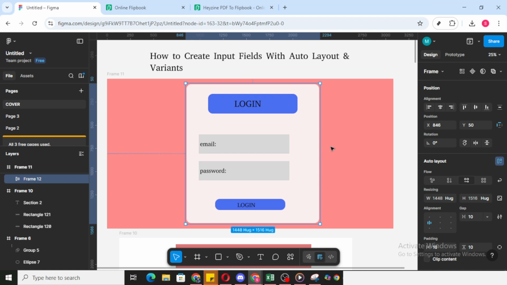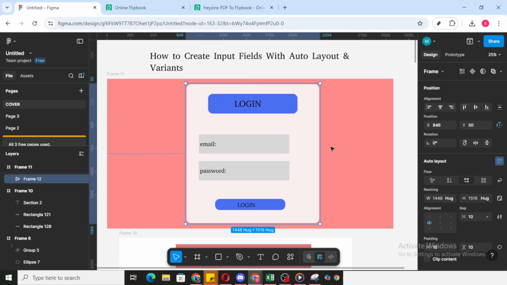You'll notice properties in the right sidebar that let you switch between the variants and keep them organized. This is especially helpful on a login design, where you often need the same input to behave differently depending on user interaction. That's it. By opening Figma, confirming your login design is ready, turning on Auto Layout, and adding variants,